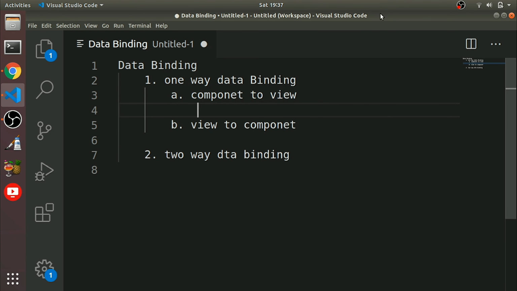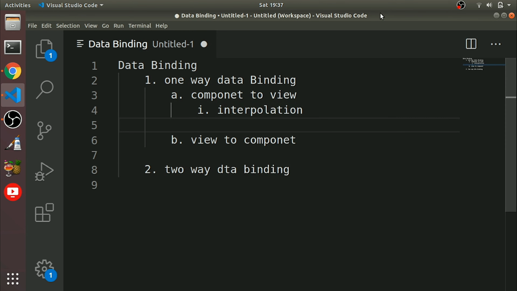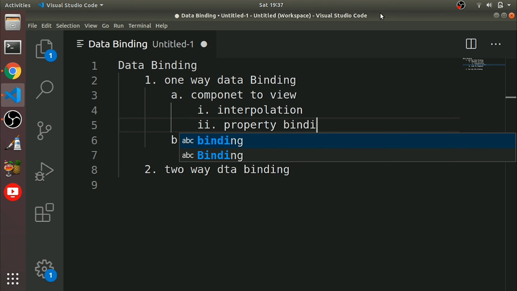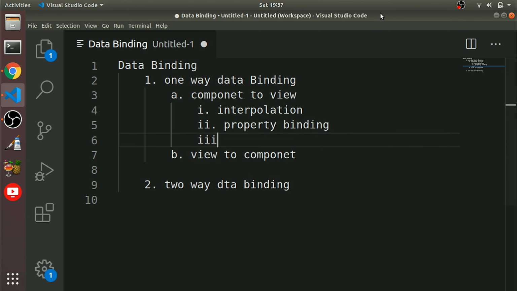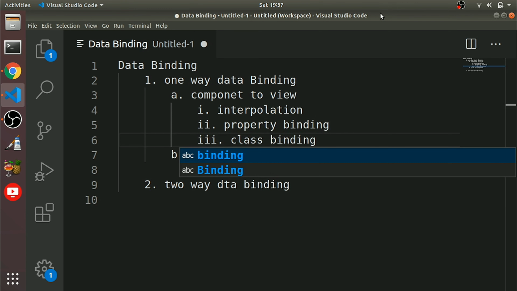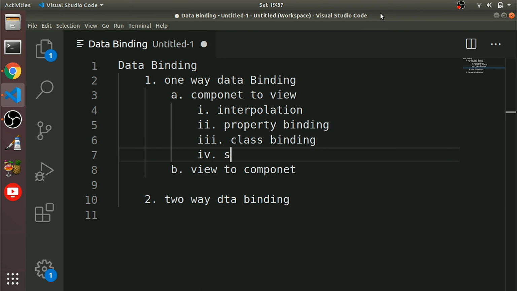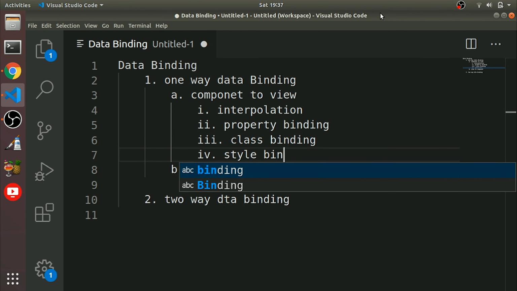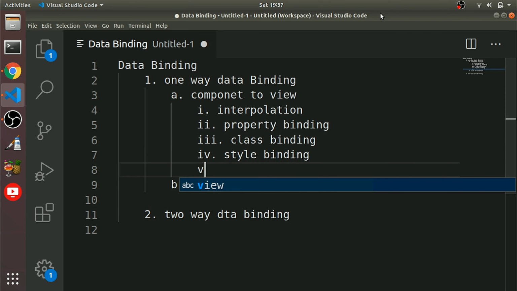In component to view we have a lot of ways to achieve that. First will be interpolation, second will be property binding, third one will be class binding, fourth one will be style binding, and last one will be attribute binding.